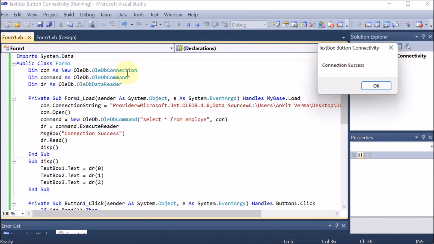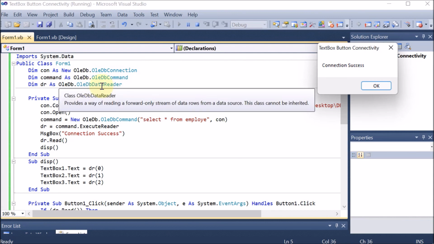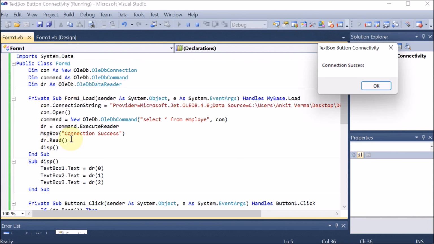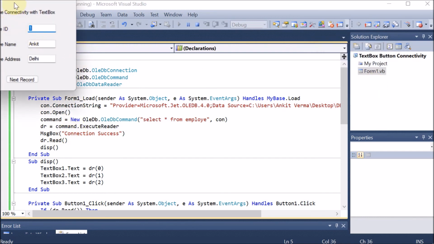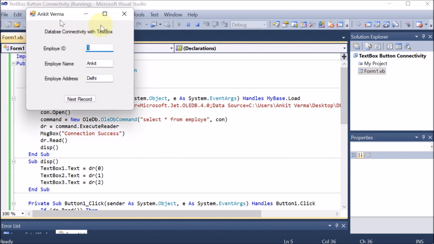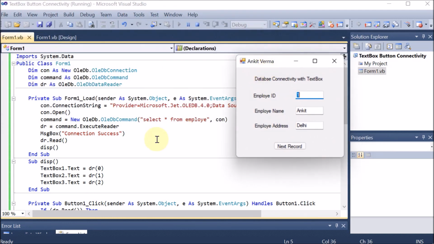So connection created, then through the command, you will mention how much data is coming. Then through the reader, you have to read that. Similarly, from the water tank, water is coming, you are controlling the water flow, and then from the tap, you are going to take out the water. So connection, command and reader. So all the things are done. So once you click OK, afterward we can see the output window which is mentioned here. So this is our output window.